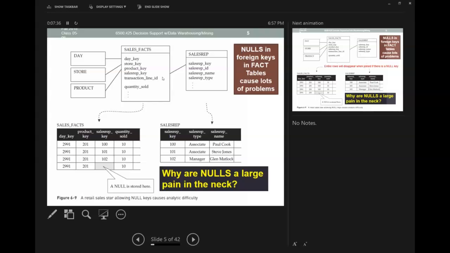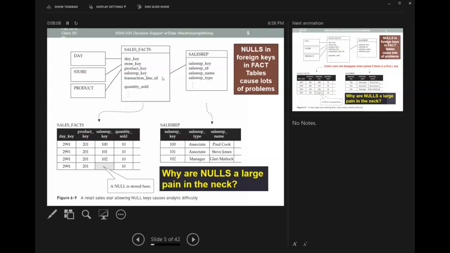Somebody would be missing 10 of whatever they're selling. So each only has 10 when one of them should have 20. Or, well, we're not giving credit where credit is due. That's possible. So we're mistaking who actually sold how much. Another thing that can happen is if we have a total on that report that says total sales, our total sales are going to come out to be 30 when in fact they really were 40, because we're making a join. And when we have a join and there's a null there, the record is not going to